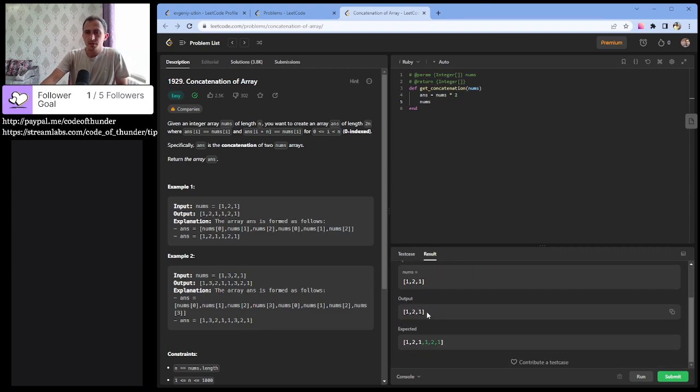Of course, it stayed the same, because nums times 2 returns a new array that we put here. Now let's try concat, and also return nums. You see, we changed the original array of nums,